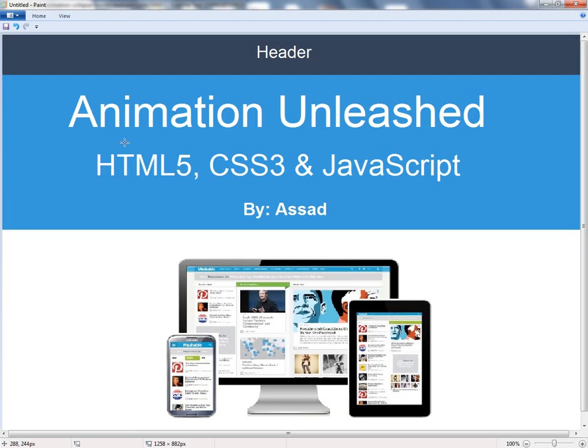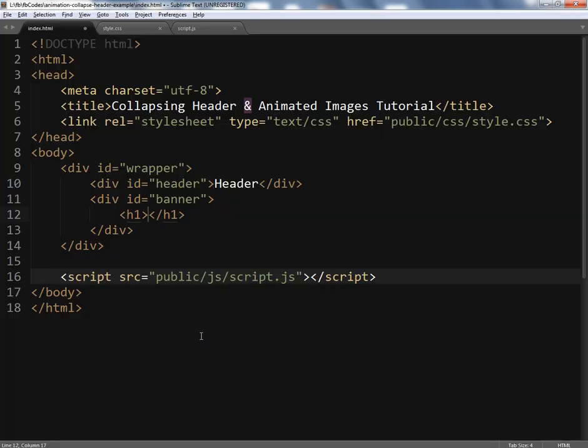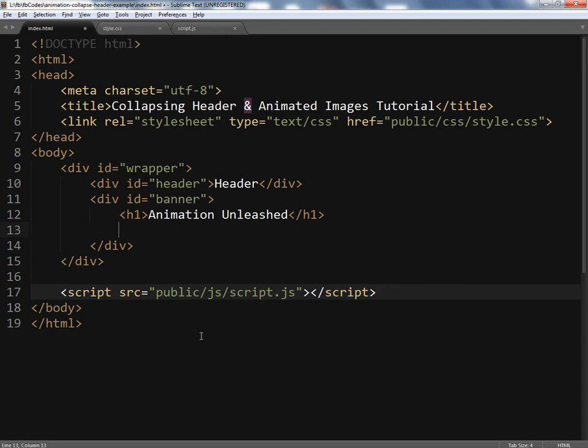The text would be Animation Unleashed. Next line is going to be another heading tag, and this time it will be HTML5,